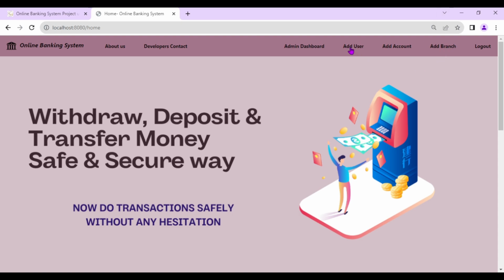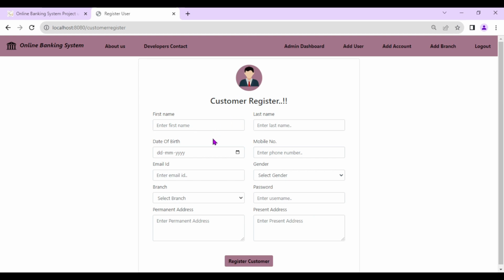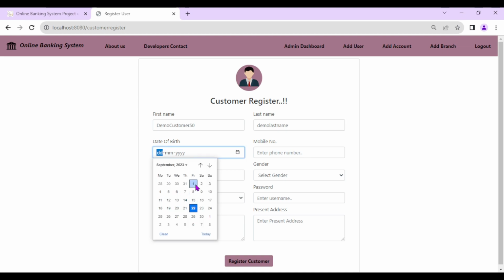Then after that let's register one customer in one of the branches. Here let's enter the customer detail: demo customer 50, demo last name, date of birth we have to select here. So I'm selecting anything.